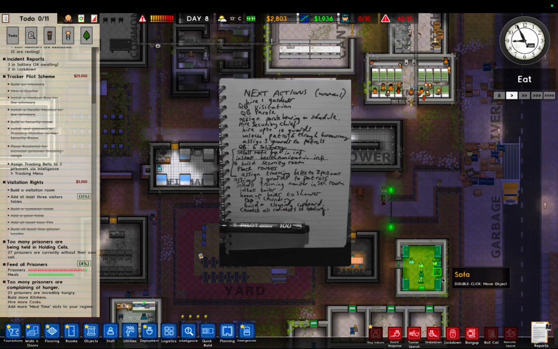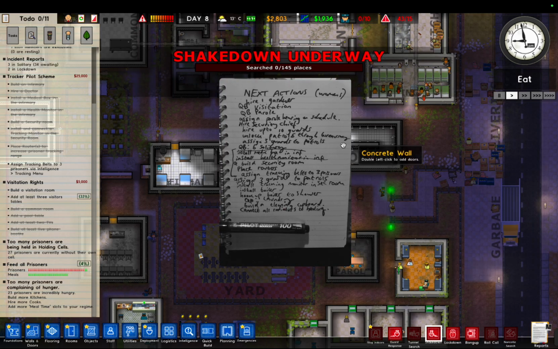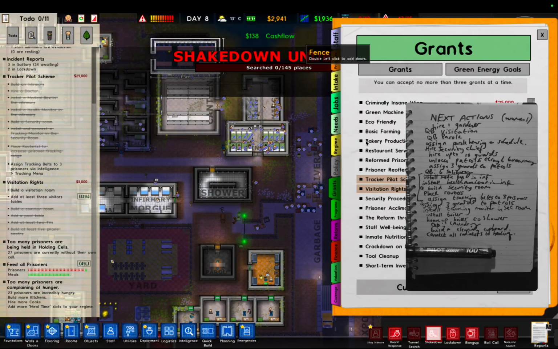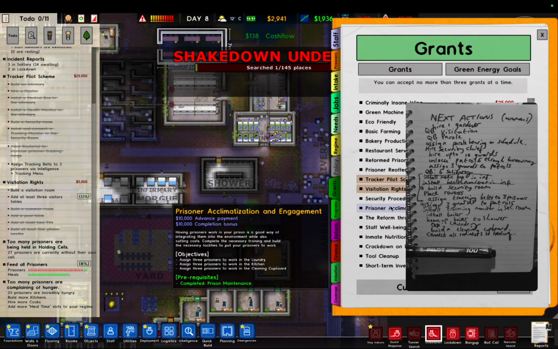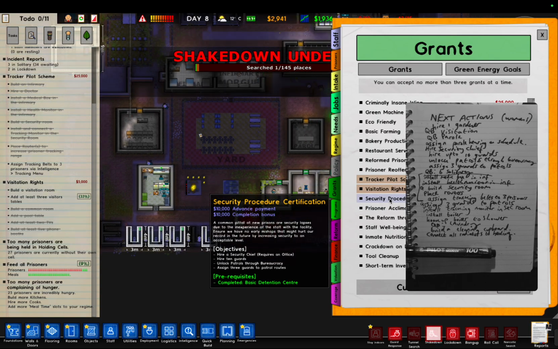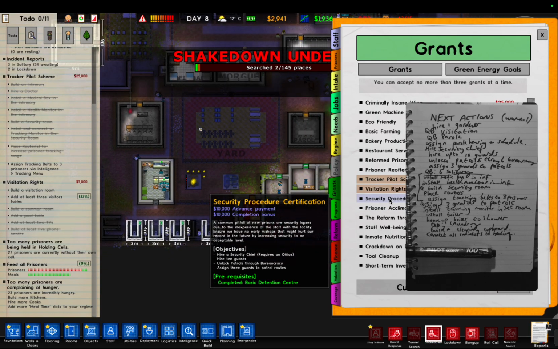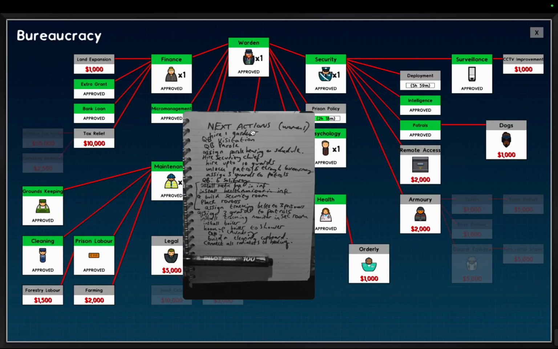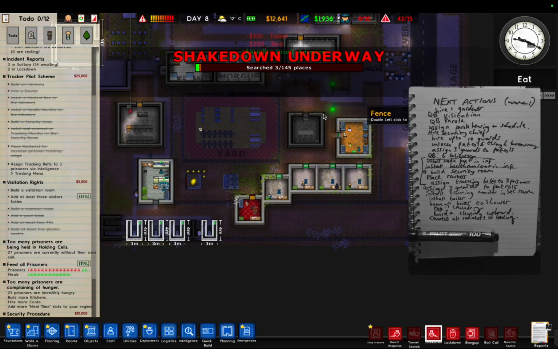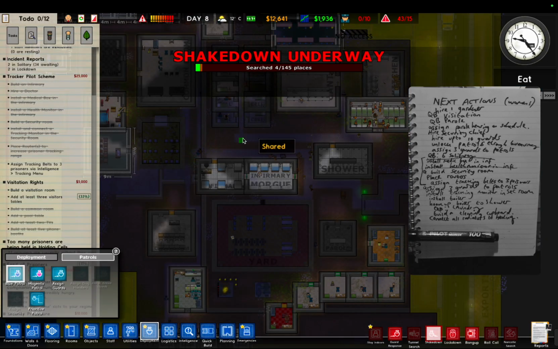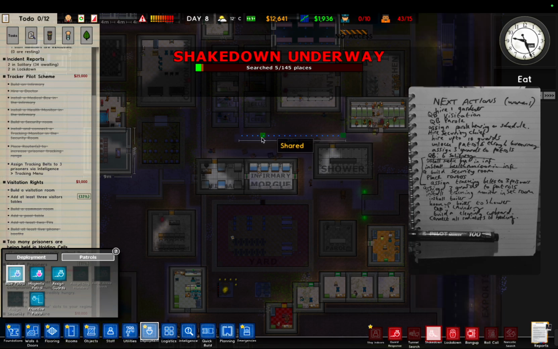Alright, it's getting to night time. We'll do a shakedown. 3 grand still. Security. Hire the security room. Hire 10 guards. Unlock patrols. Where's patrols? Have we got patrols already? Patrols are done. So we actually might get this one. Deployment. Patrols. Place 1 there. And attach the guards. 1, 2,